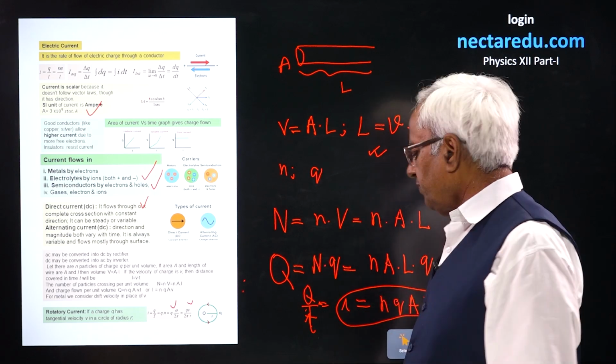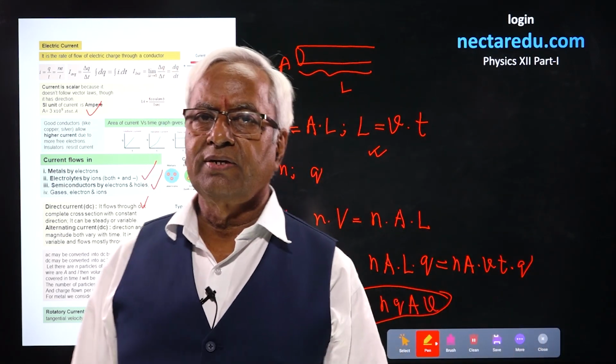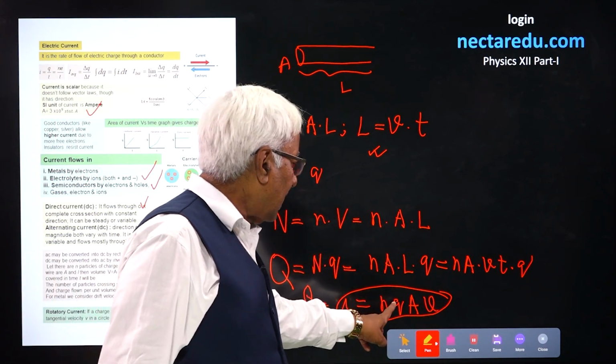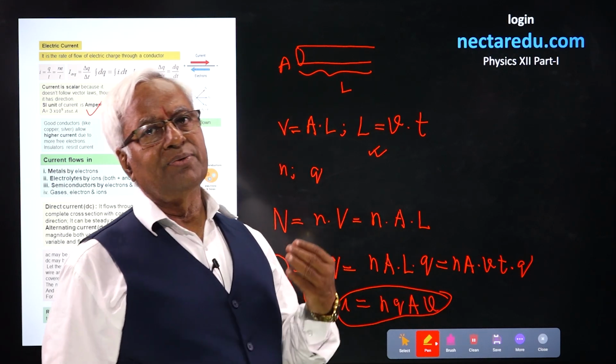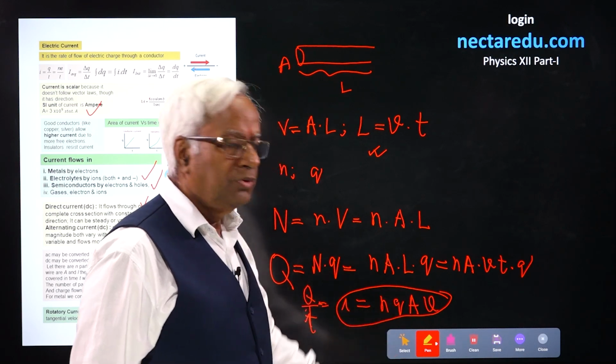This is the formula for current, and if you are interested in writing this equation for metals, there v will be replaced by drift velocity, and this charge q, since the carriers there are free electrons, so in place of q we are going to use a small